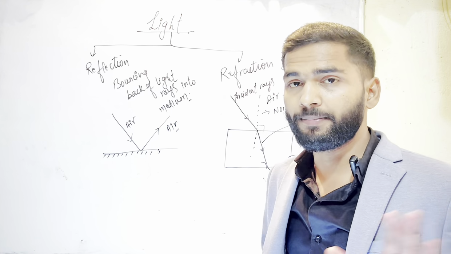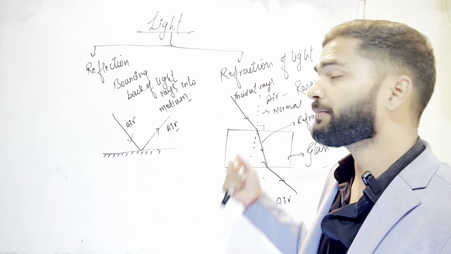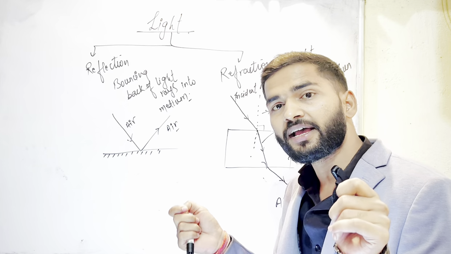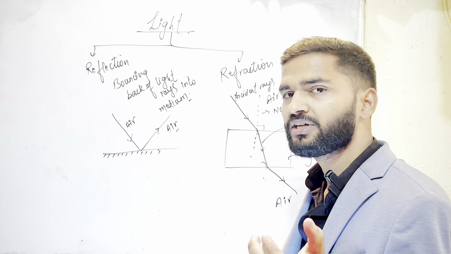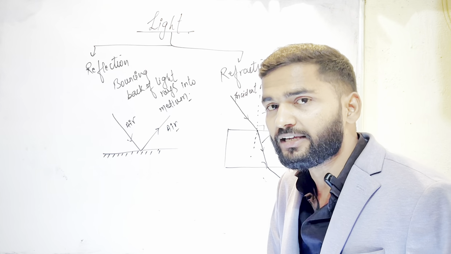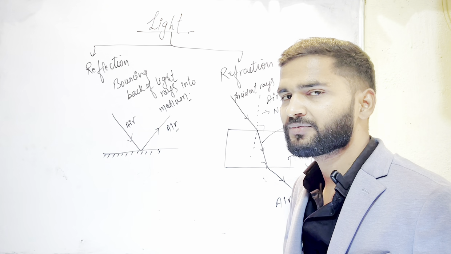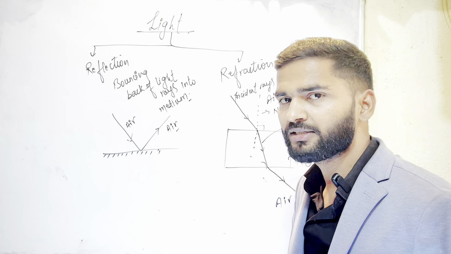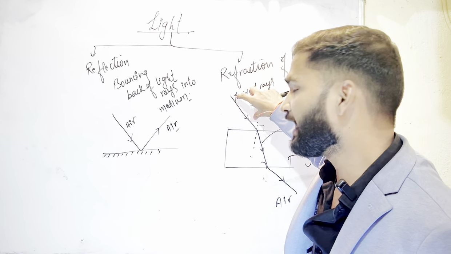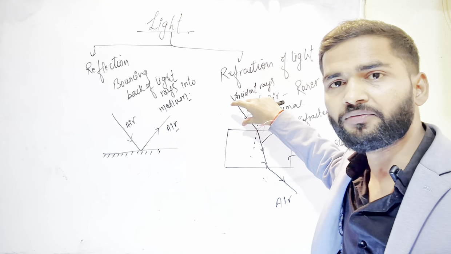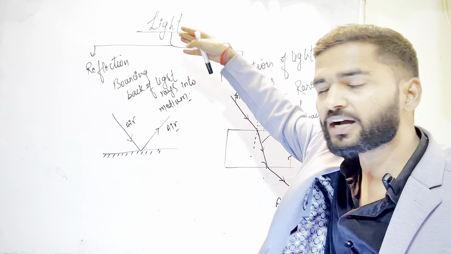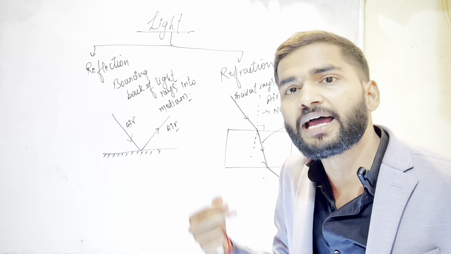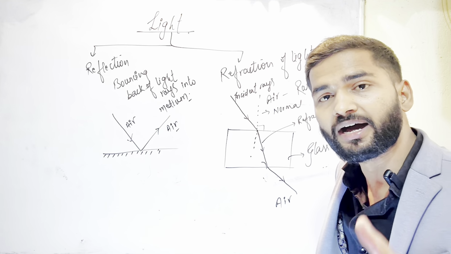As I have completed that topic, now I have to come to the next topic: refraction of light. Re means again. Fraction means division. It means there is a division of light. Light is going to be divided. But which part of light is divided? It is the speed. The speed of light in a vacuum is maximum. But whenever it travels from a vacuum to air, the speed of light decreases. Now the light is traveling from air to a glass slab, a very denser medium.